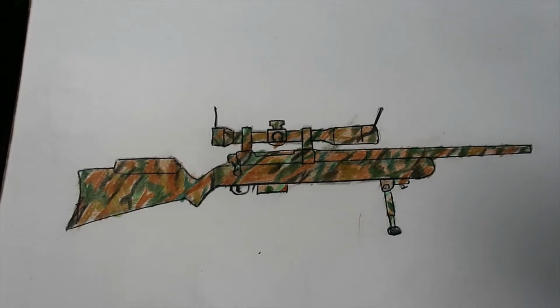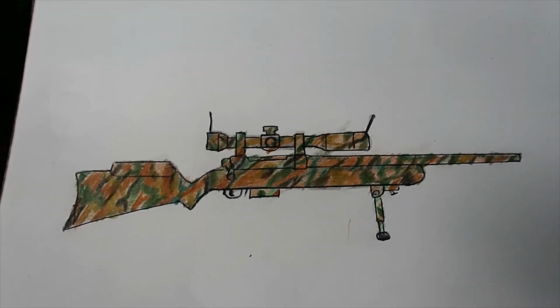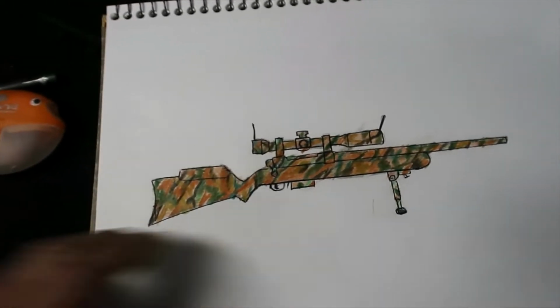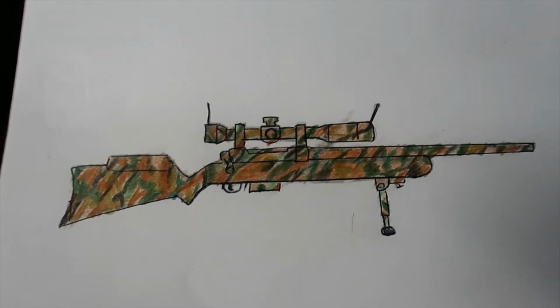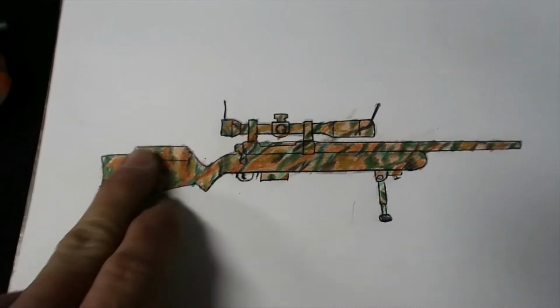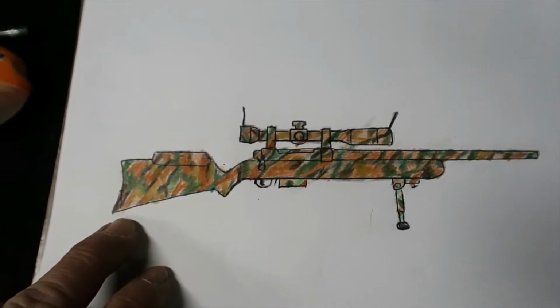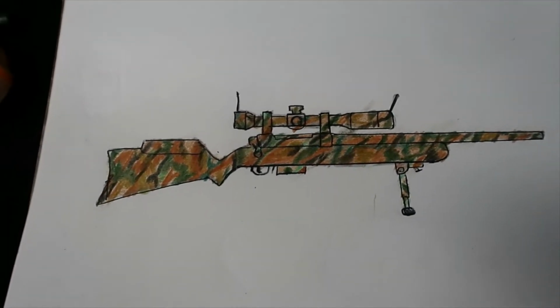I'm just trying to make this a quick video to help you guys out and to illustrate a way of breaking up the overall outline. Now, if you laid this in front of the correct background, it would really blend in pretty damn good. You got to remember, you need to do the rear of the stock, including the recoil pad if it has one,